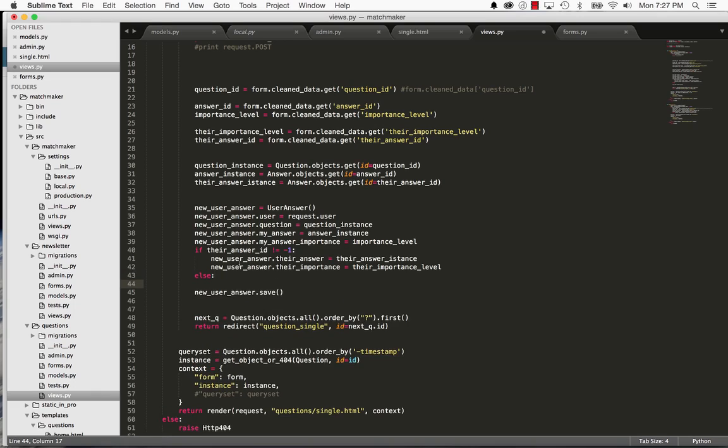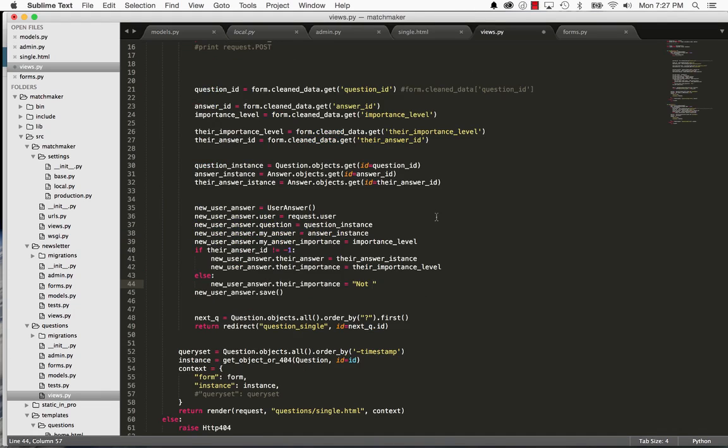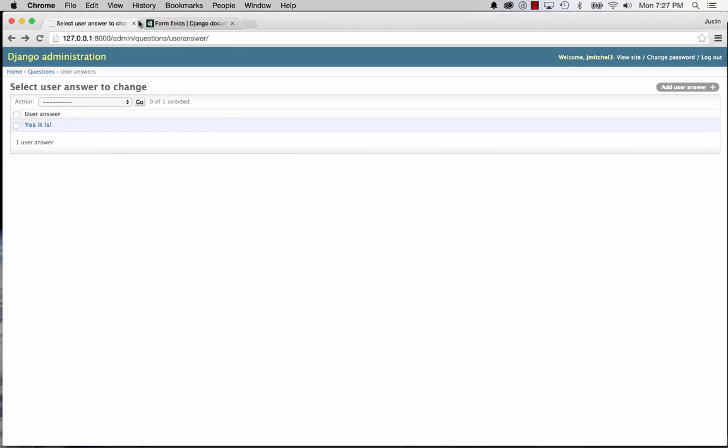Otherwise, assuming that it is equal to -1, we'll say new answer, their importance is equal to not important, or let's go into models and actually grab that one, which is not important. And we go back in here,